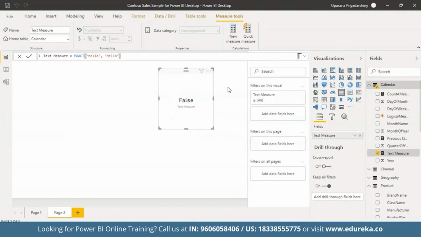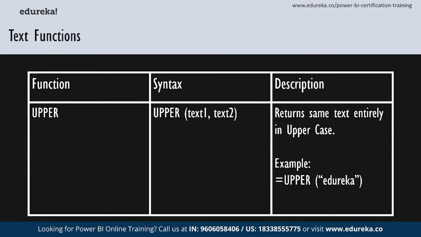Now this is great if you want to compare two different columns and their values from two different tables that you have updated from, let's say, two different individuals. So you can sort out the differences and see where the irregularity lies. So the next text function we're going to discuss is upper. I'm going to go over this pretty quickly. It converts a text string into all uppercase letters. So if I used upper and maybe, let's say,